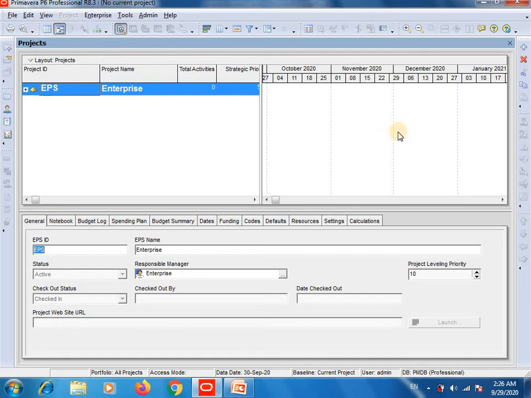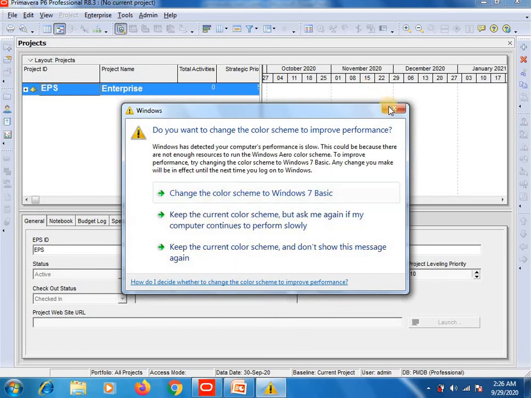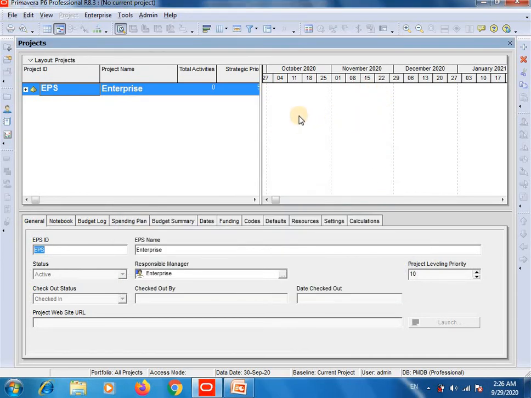And this is the second section, which is called the schedule section or schedule area, where you will see each activity's detail in graphical form. And this is the third area, the detail tab section or detail tab area, where you will see other important details like budget summary, resources, etc., which you will learn in my upcoming videos. So I think you got it, what is Primavera, and you also know the interface of this software.